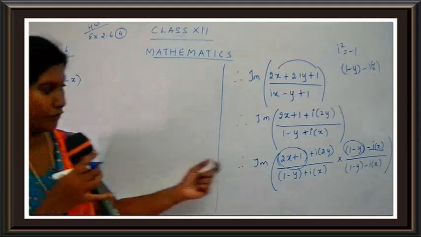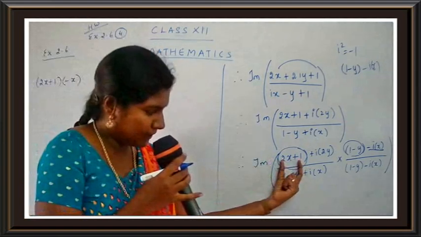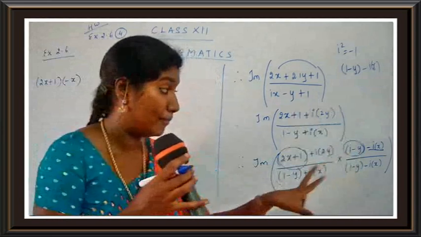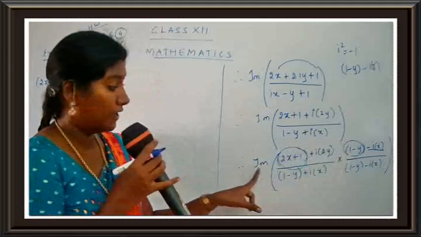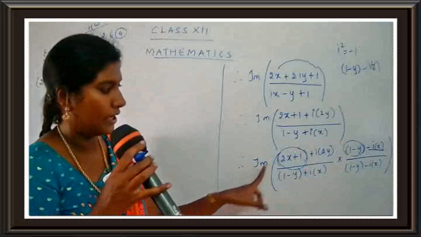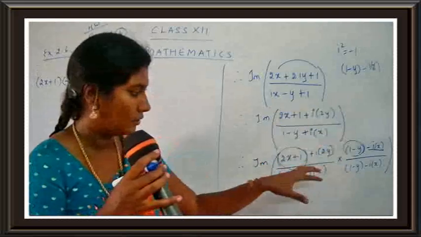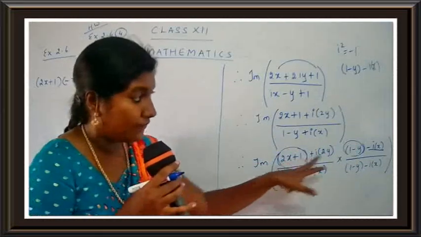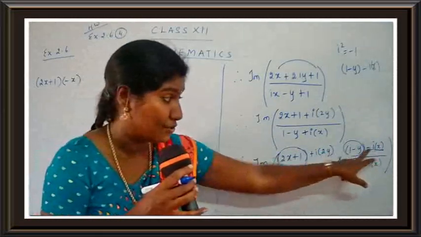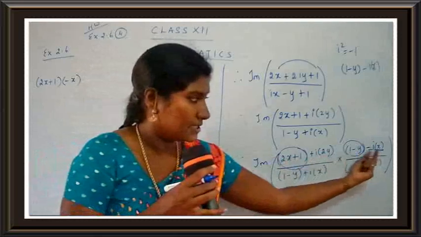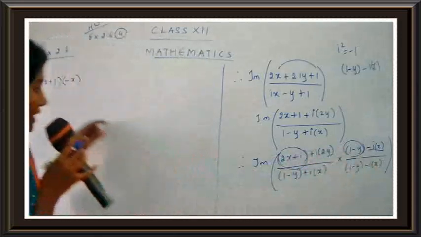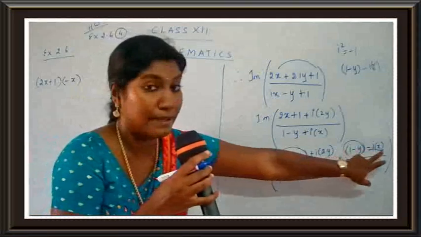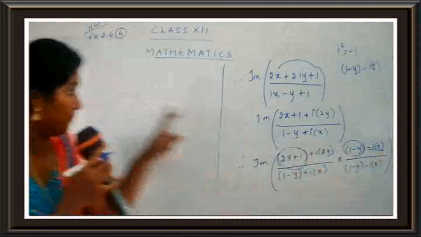Okay, I'll just do it once again for you. If I take 2x plus 1 and multiply with 1 minus y, I am not going to get an i term. Here we are going to deal with the imaginary part. So we will not get i, so no need to consider this part. If I multiply 2x plus 1 with ix, here i is there, so you have to consider this part. This is an imaginary part. So you have to take 2x plus 1, don't write i, you have to just write the remaining terms, that is minus x.